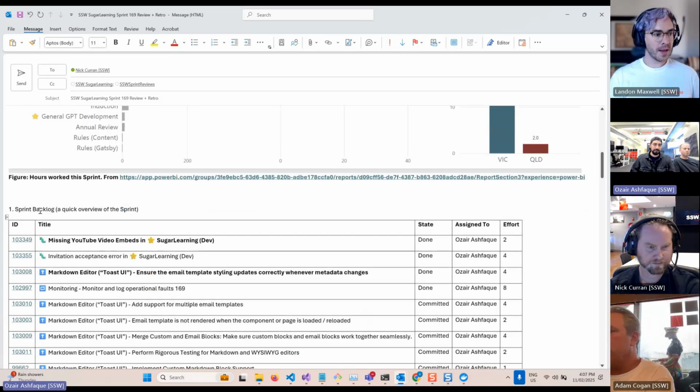Coming towards the sprint backlog, there were 2 bugs raised during the sprint, and we added and fixed them. The first one was missing YouTube video embeds. This bug, for context, comes from the last sprint,